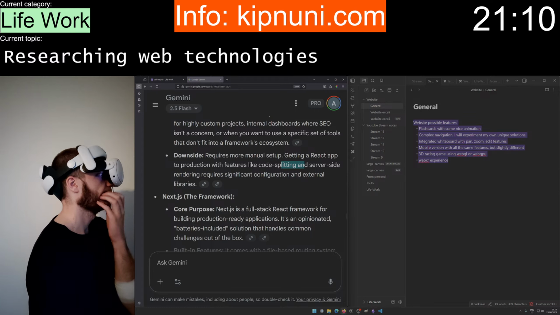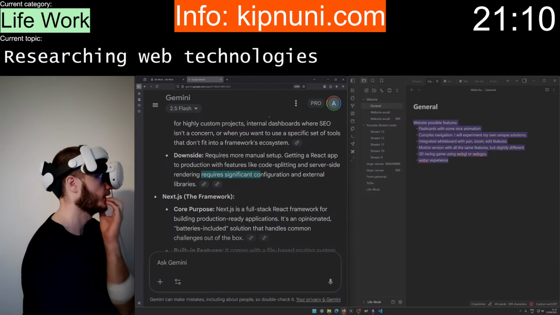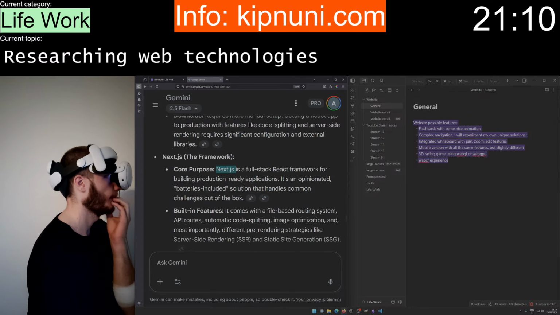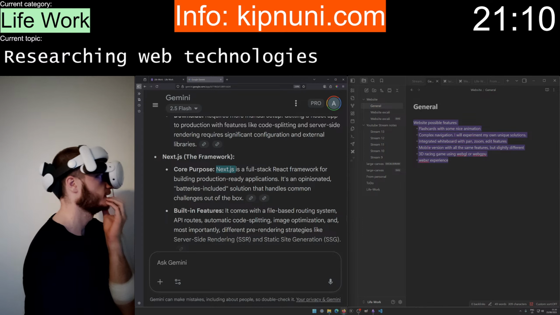Getting a React app to production with features like code splitting and server-side rendering requires significant external libraries. Full stack React.